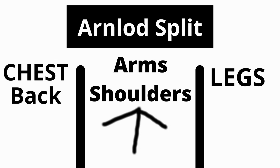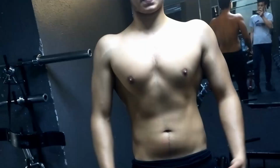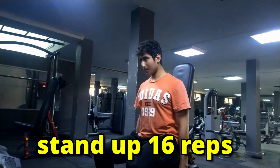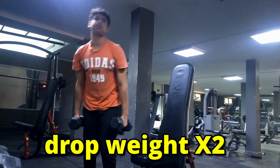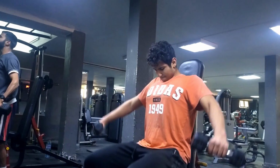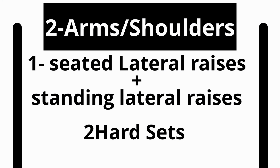Let's get to the second day, arms and shoulders. For arms, I start off by doing the most important exercise of the whole workout, lateral raises. This one exercise will make your physique aesthetics go like this. I basically do them while seated, and when I get to failure, I get up and rip out more. And then I'll do 2 drop sets and repeat the same thing till I feel that my shoulders are blown up. I don't think I'm gonna get rid of drop setting in this exercise because I think it's essential for lateral raises. And I'll probably do 2 hard sets of those drop sets, which is probably around 50 and more